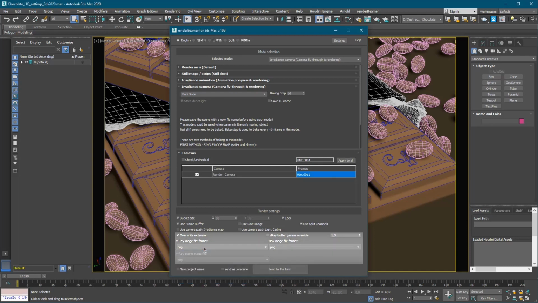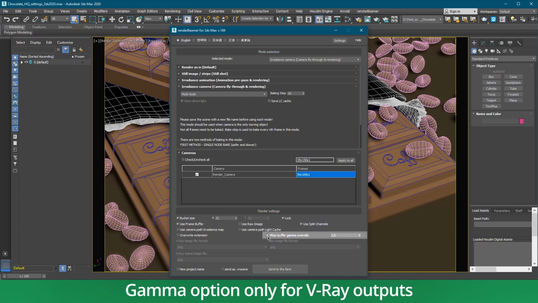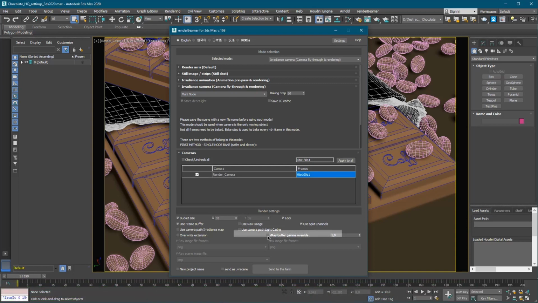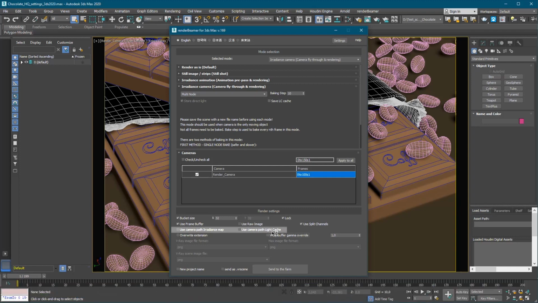Keep in mind that choosing the output format from the drop-down menu will change your current format setup to the default output settings. The next switch is the V-Ray Buffer Gamma Override switch, which allows you to adjust the gamma setup for V-Ray specifically. Below the output format switches, you will find two options for the camera path. Just as in the output format settings, both the irradiance map and light cache camera paths are read from the scene. The last two switches are New Project Name, which can be used when rendering multiple projects using the same assets,